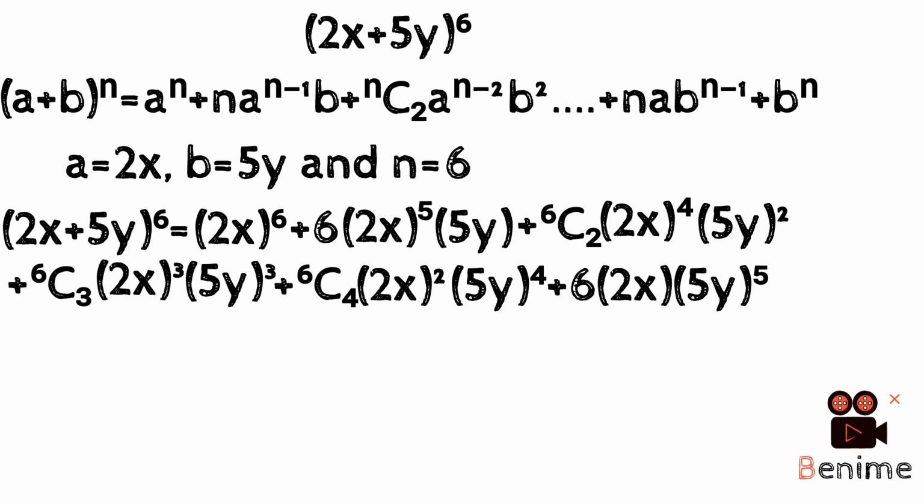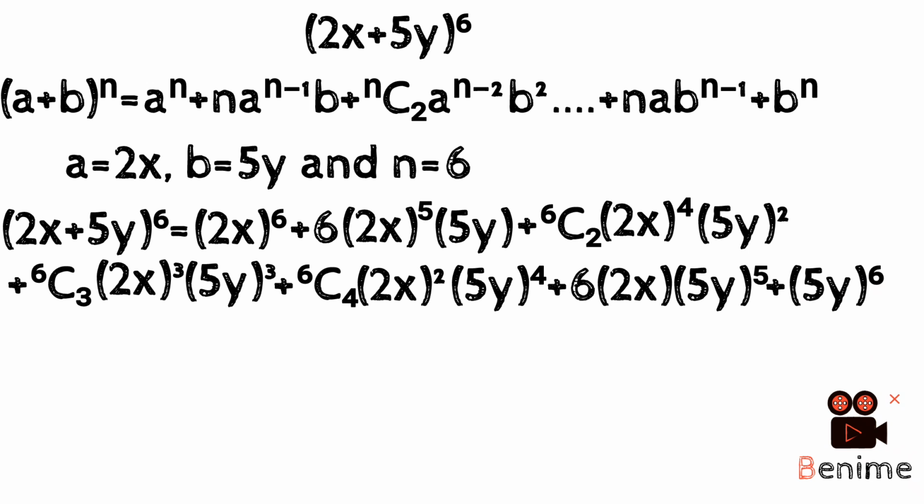And finally, your last term, according to the binomial theorem, is b raised to the power of n. And in our case, our b is 5y, n is 6, so that's 5y raised to the power of 6. So you have expanded it, so you just have to simplify it. We're going to be using a calculator to solve the 6 combination 2, 6 combination 3, 6 combination 4. So for the first term, what we have presently is